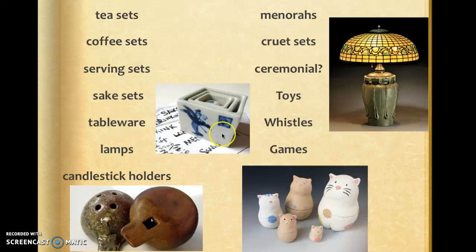Toys. This one here, my nephew requested some stacking cat dolls, and I made them out of ceramics. Oh my gosh, they were difficult to make fit quite right. But I have had students make stacking nesting figures like Matryoshka dolls. You could try that. Those are a set that would be for playing with, but they clearly go together,